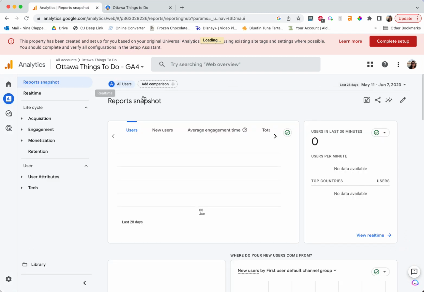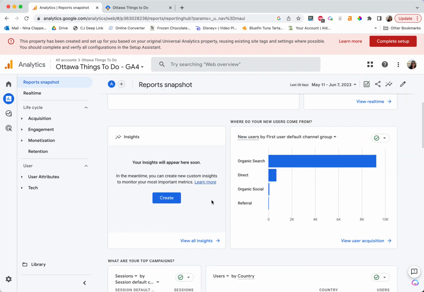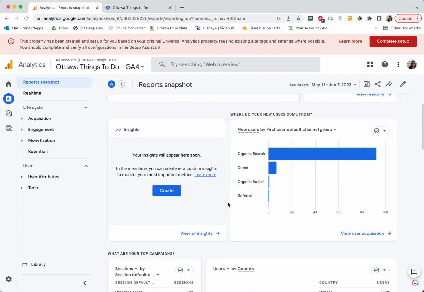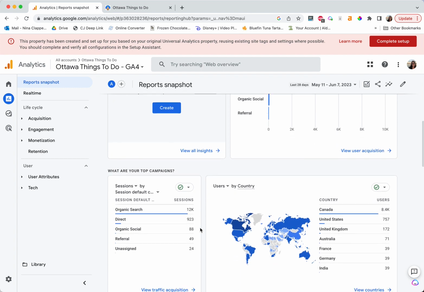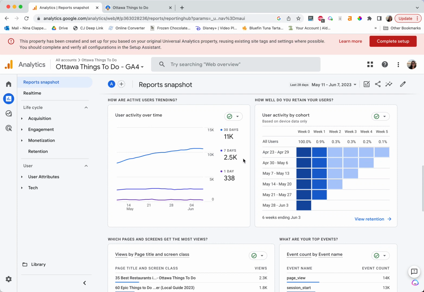Okay, back to reports. So now we have the report snapshot, which is kind of like a mini version of that homepage area. Sometimes to me, I'm just like, why do they have two of it? But I don't know, whatever. So basically you can see we're getting similar data to before. Here we're getting trends of users, of what our traffic is day on day and how it's growing or whatever. Just like in